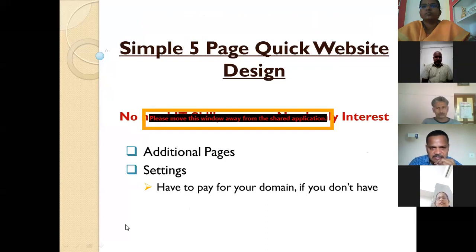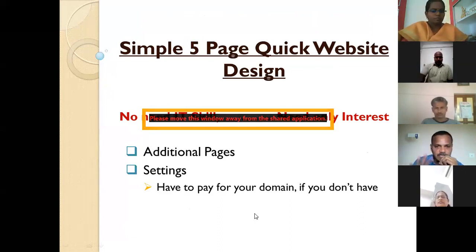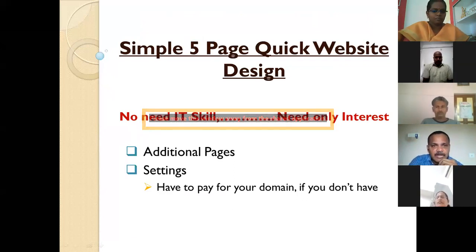And the next thing is settings. There are some setting options there. You have to insert your logo, and there are some other settings. That is what you are going to see. Only these are the main things we are going to focus on today. So let me go directly to the